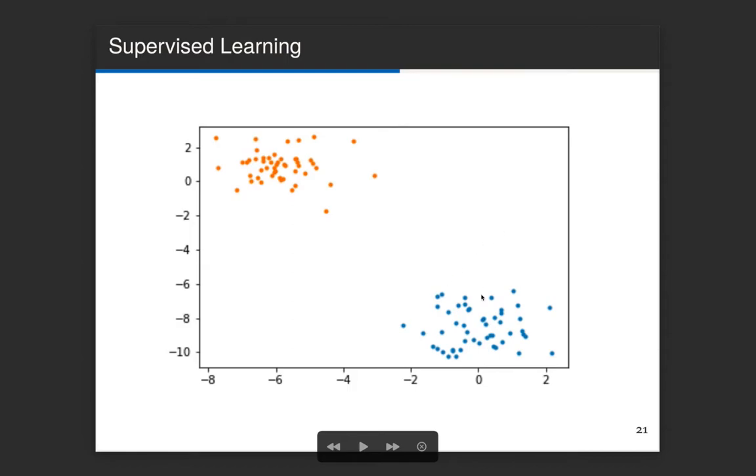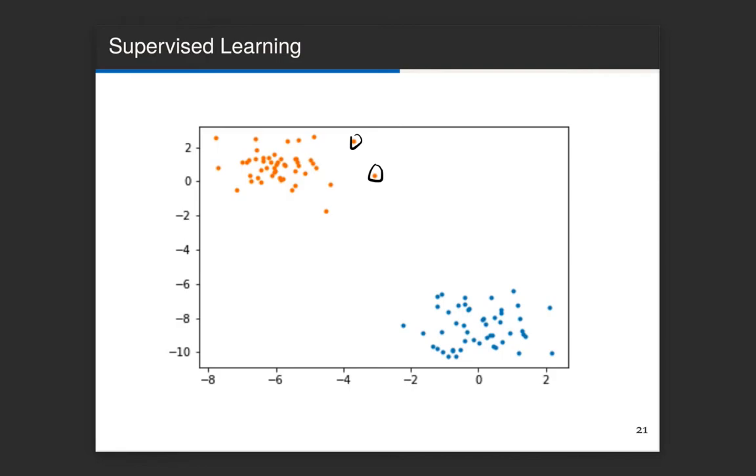If we can represent a text in 2 dimensions, then we can draw it on a plane. So the idea is that each of these dots represents a text, and the color of the dot represents the label.